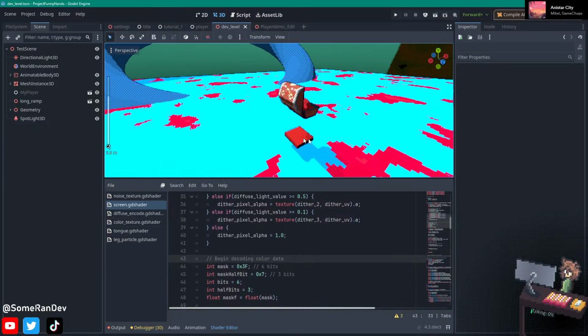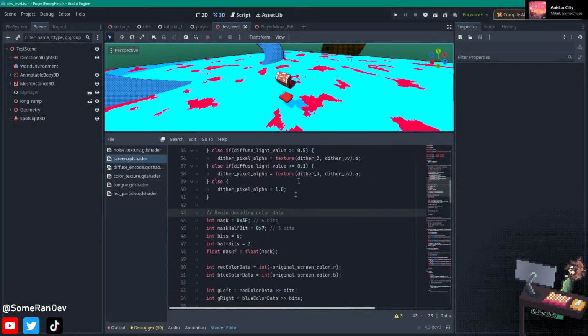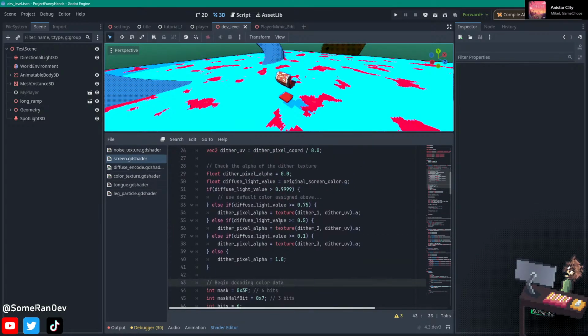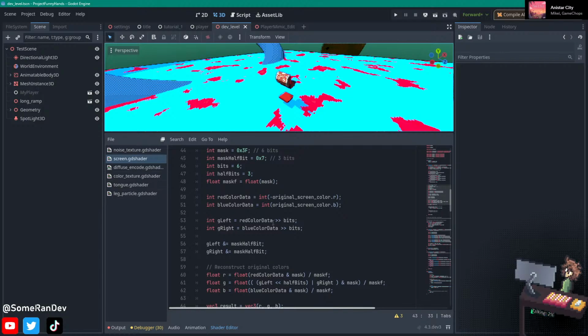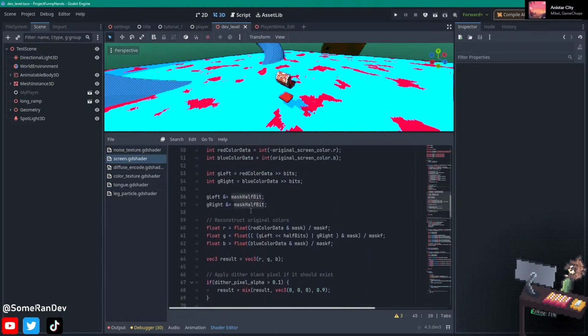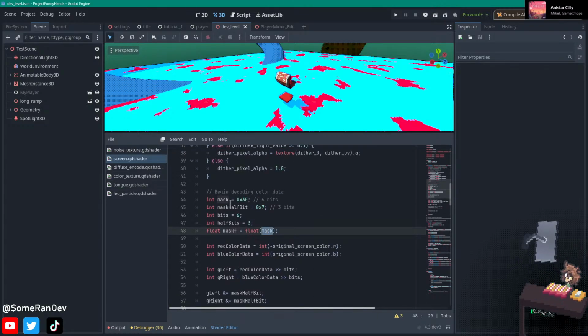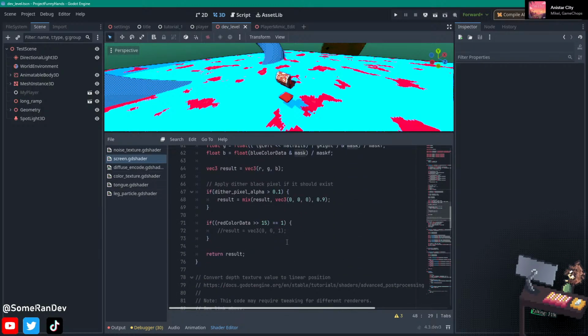Ah. That is not correct, I think. I'm not sure though, but I think this is not correct. Okay, what did I screw up here? This is 3 bits, right? Masking 3 bits. G left is shifted by half bits, which is 3. And then mask F should be mask, and mask is 6 bits, which is that value. Okay. Specifically, that is what number? 16, 32, 64. So,